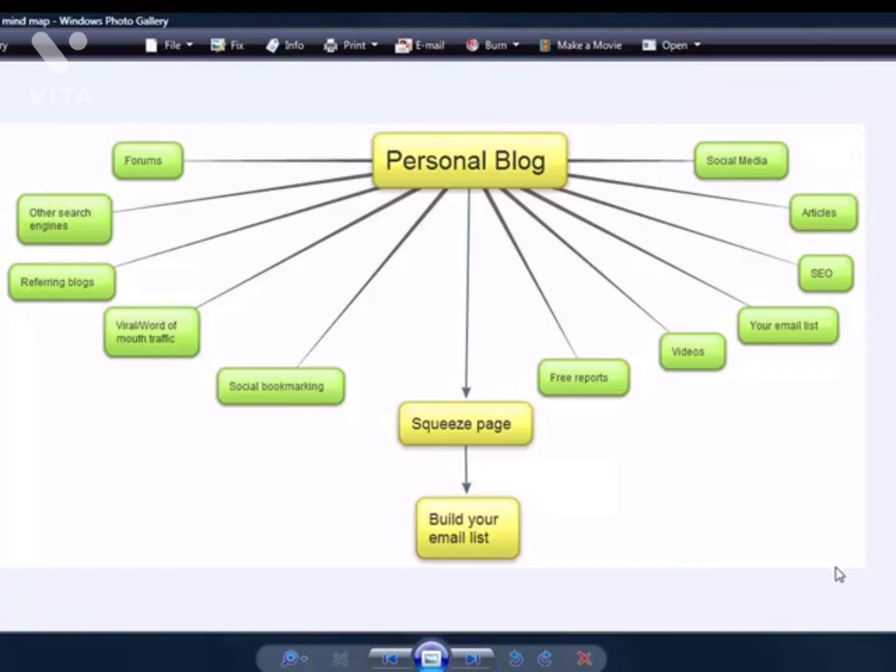Now, the first one, social media. It's obviously very important. So you can create Facebook pages and funnel traffic to your blog from your pages. Create articles. Ezine Articles is a good directory. There's lots of other article directories out there, so spread yourself around and get your articles out there, driving traffic